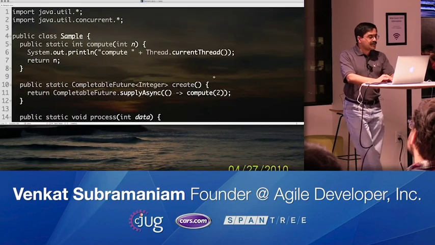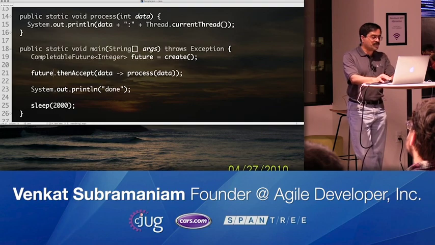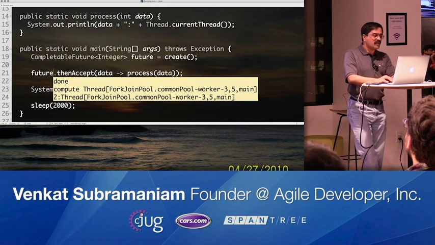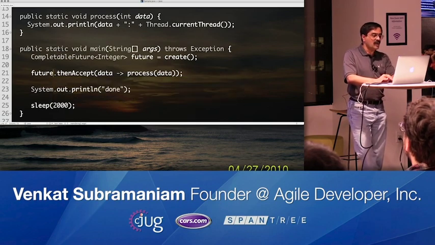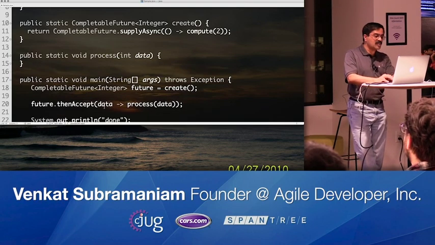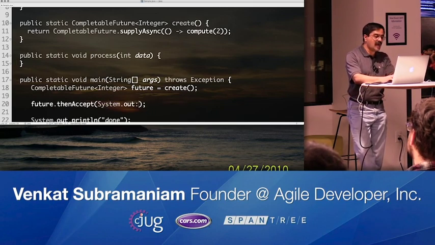So if I go back to this example right in here, I'm going to take this data from the future and I'm going to execute it. And remember what it gave us. It gave us the response of 2. Let's get rid of the thread details right now. We don't need to see this, so we'll just print the data right now. So in fact, let's go ahead and get rid of that as well and simply say over here system.out println, and we'll just print it out when we get it.